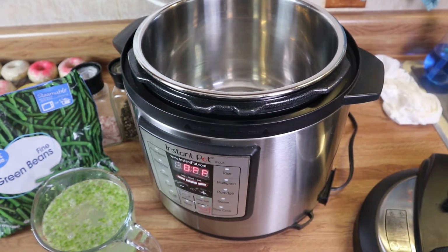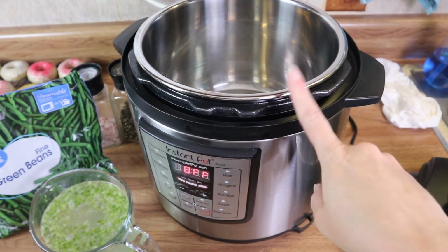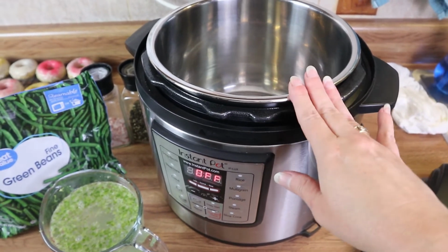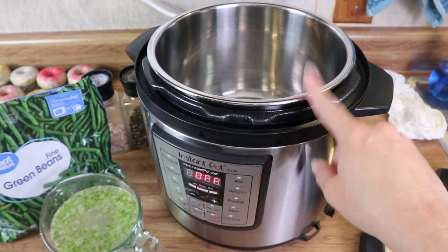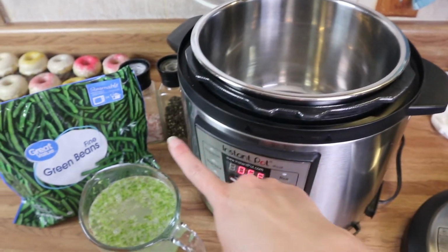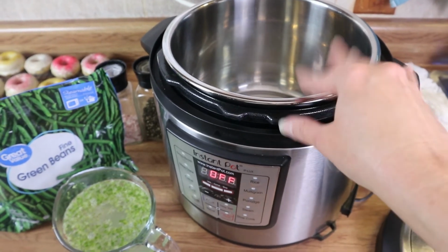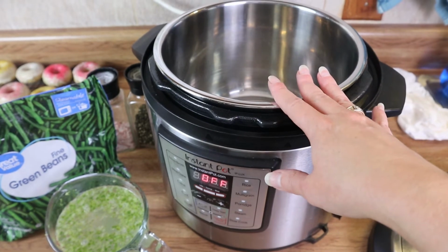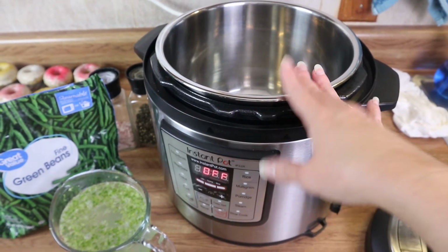Okay guys, so for dinner tonight we're going to have cilantro lime chicken with some cilantro lime rice, some dressing to go on top. You've already seen me make that, and some green beans to go on the side. So we are going to start off with the rice. I'm going to get that going in here, and then we're going to move on to cooking the chicken, which